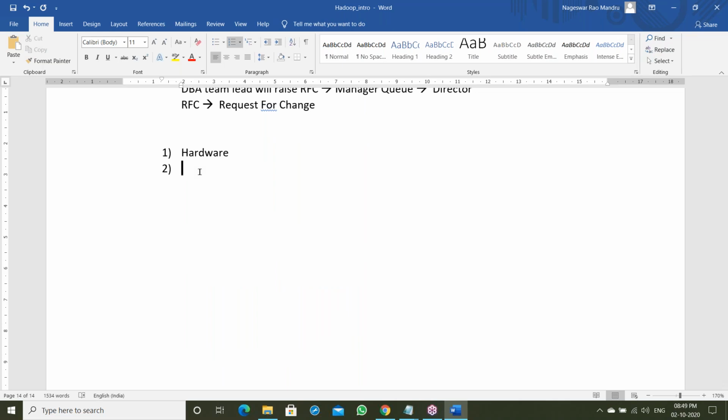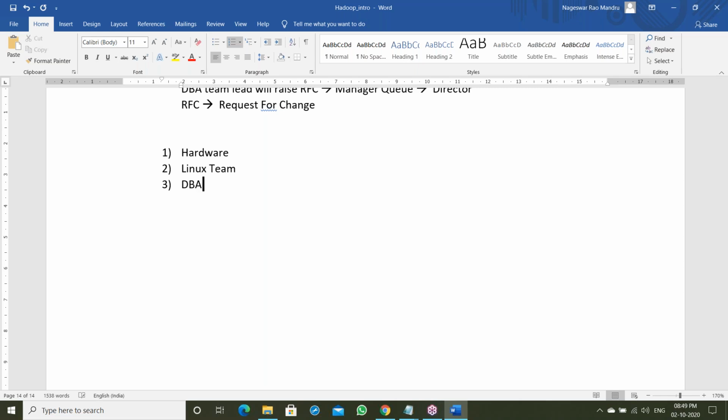What is the next step? The Linux team comes into the picture. The Linux team will install Linux on the computer. After installing Linux, they will update the OS. There are some prerequisites for the database, so they will run all the prerequisites, like updating the OS and installing some packages. There are some commands. They are preparing the Linux base. Once the Linux OS is prepared and ready,